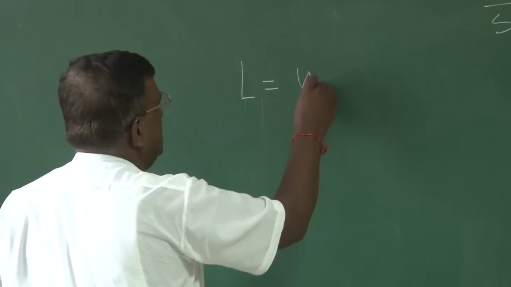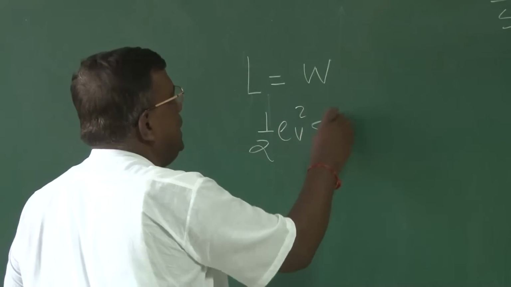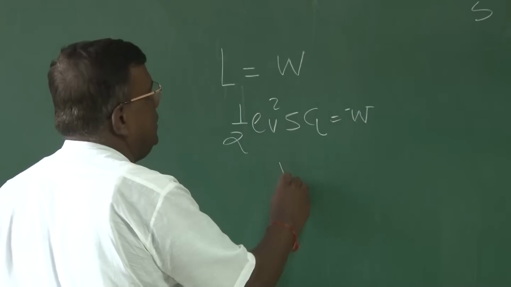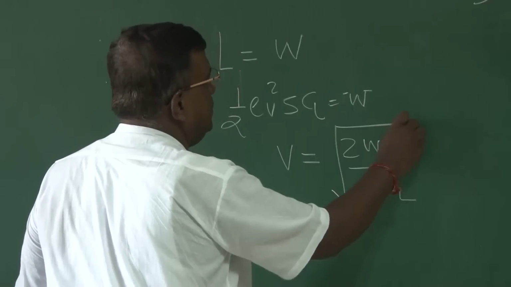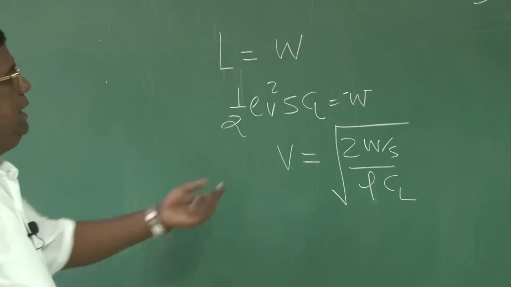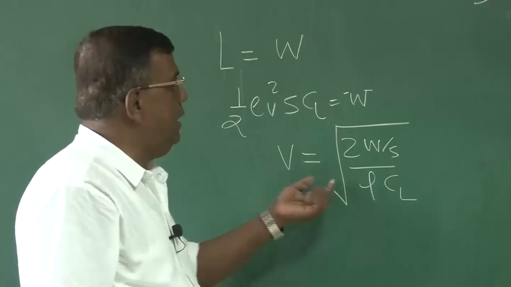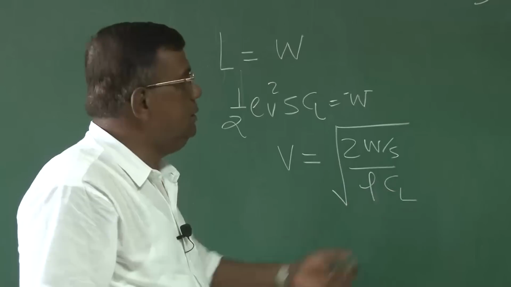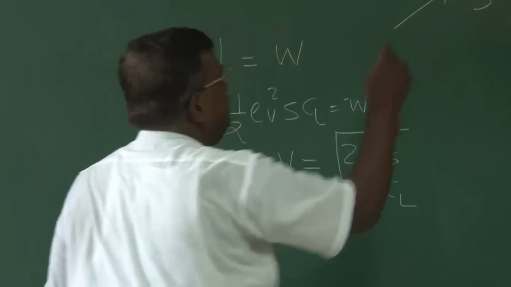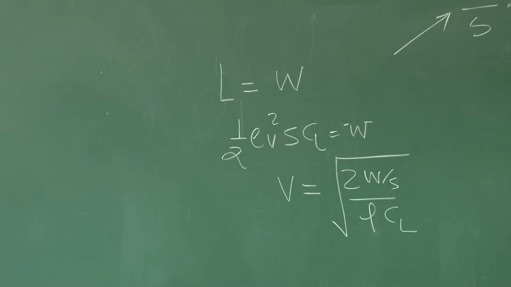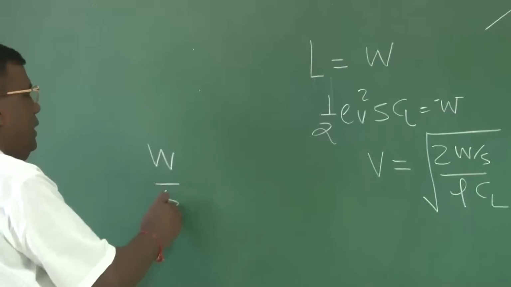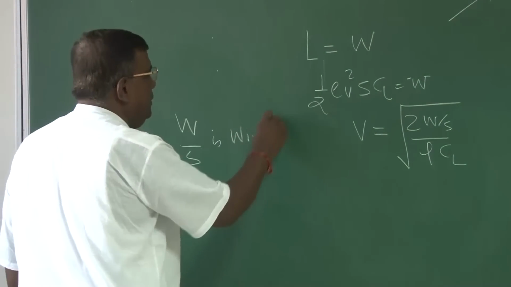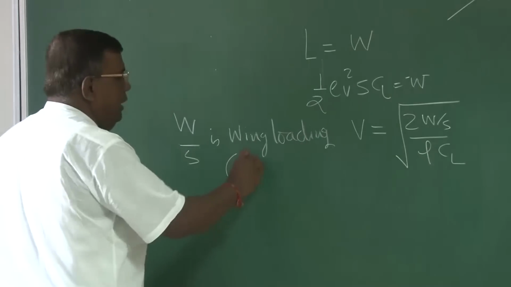So I write lift equal to weight and half rho V square S CL equal to weight. I write V equal to the square root of 2 W by S by rho CL. This is the speed required to maintain lift equal to weight at an altitude with density rho, flying at a given CL. But when I talk about wing loading, please understand this. The wing loading needs to be clearly understood, because I have seen a general confusion among the students. When I say W by S is the wing loading, I am assuming lift equal to weight,